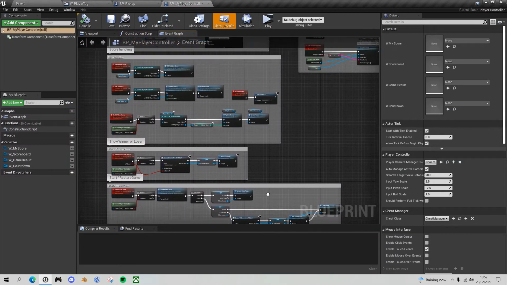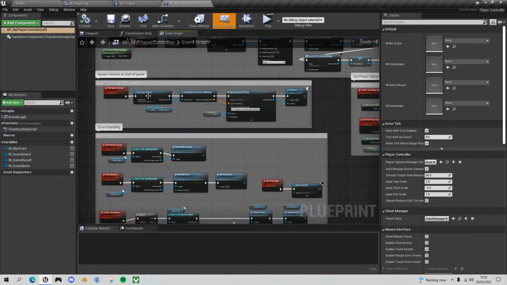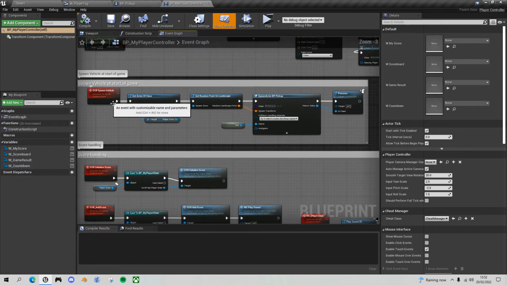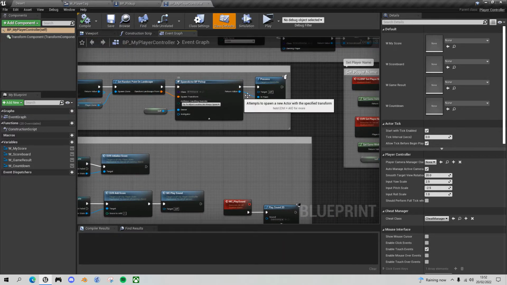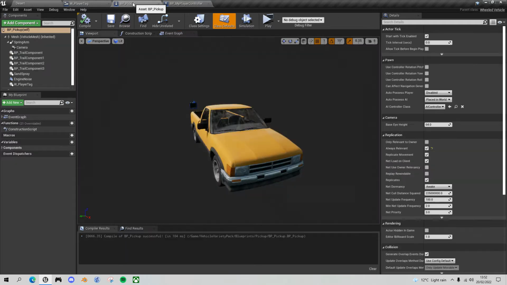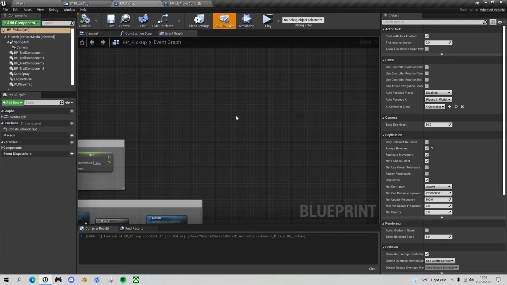and if we look at the section spawning vehicle at start of game, so this is on the server, we're spawning a vehicle, we're spawning a pickup truck, and after we've spawned it, that's where we would then want to tell the pickup truck to display the player name. So we're going to be calling an event on the server first of all of this pickup truck. So let's leave that open for now. Go back to the pickup truck event graph